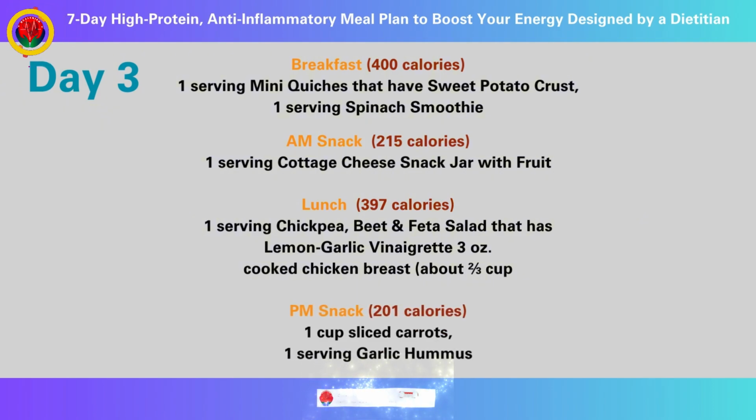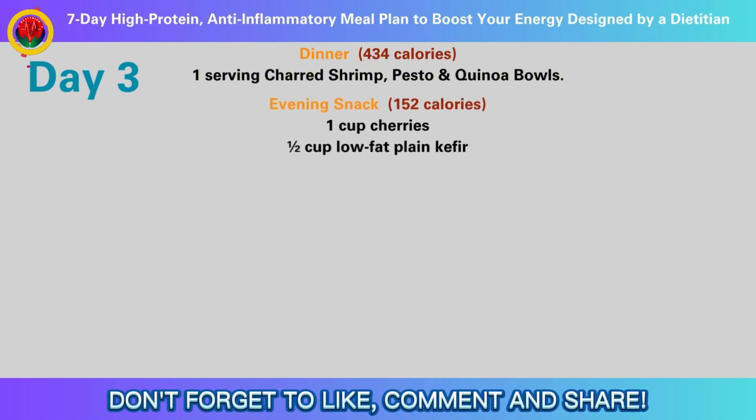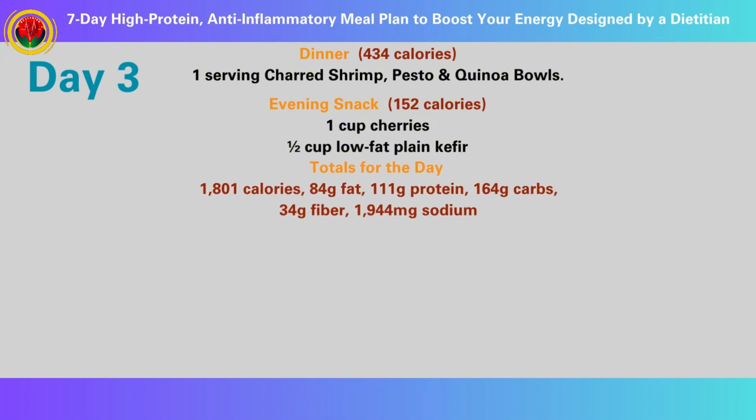PM snack. 201 calories. 1 cup sliced carrots. 1 serving garlic hummus. Dinner. 434 calories. 1 serving charred shrimp, pesto and quinoa bowls. Evening snack. 152 calories. 1 cup cherries. 1/2 cup low-fat plain kefir. Totals for the day. 1,801 calories, 84 gram fat, 111 gram protein, 164 gram carbs, 34 gram fiber,